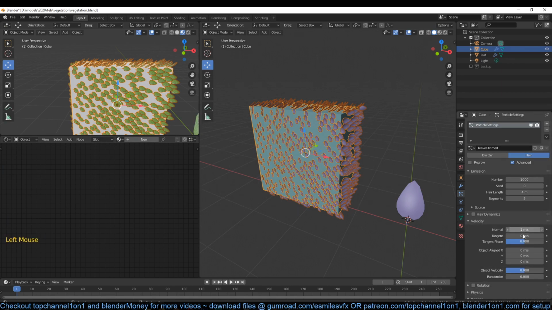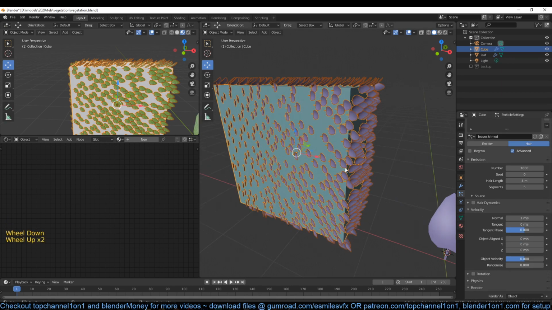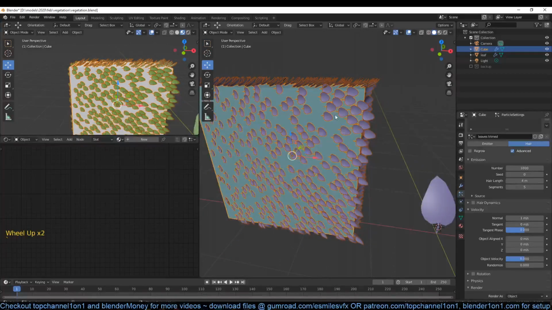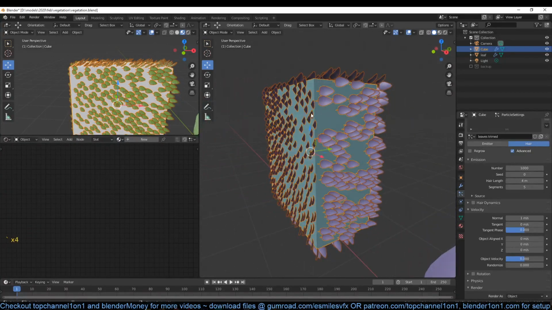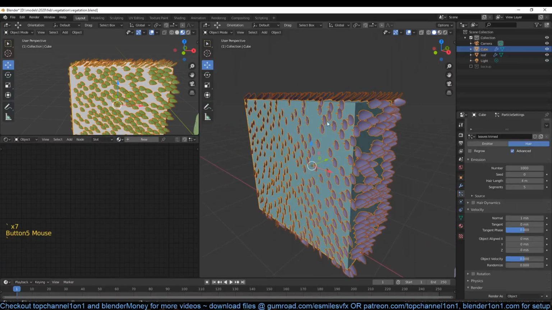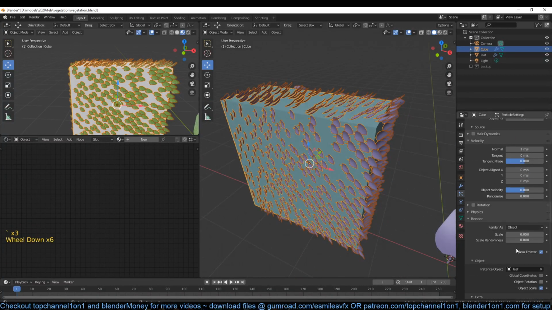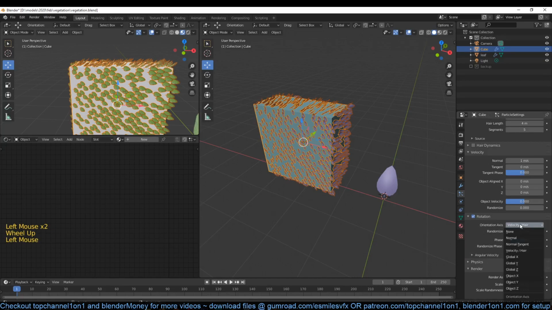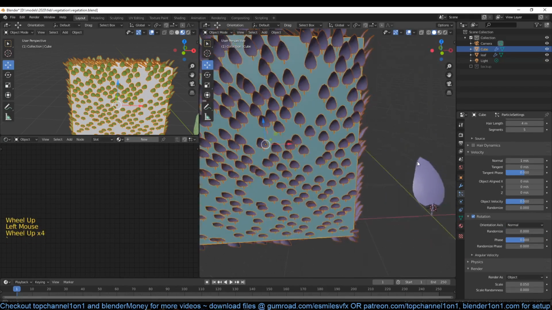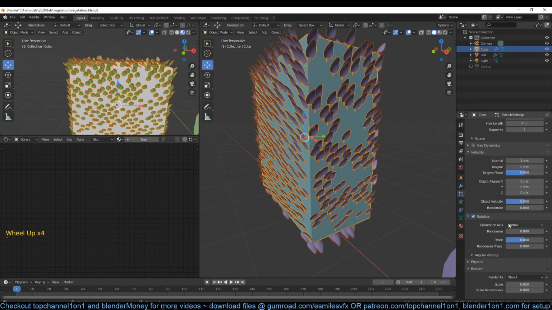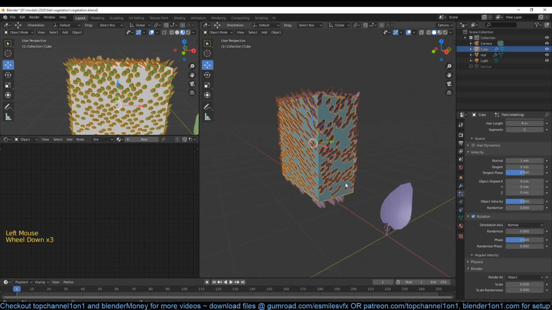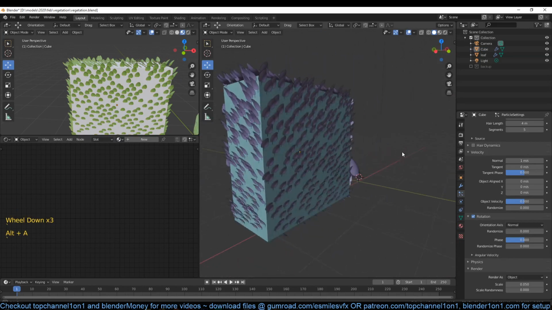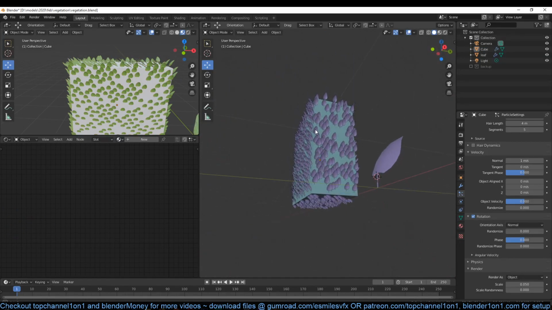Under velocity, you can play around with these settings. Now, the most important setting here, I think, is the rotation, because we want these to face out from the mesh. To get the right rotation, you can turn on rotation here and start playing with this orientation. The orientation you want to first play around with is the normal. After you do that, you'll see that they're still not looking exactly where you want them to look,